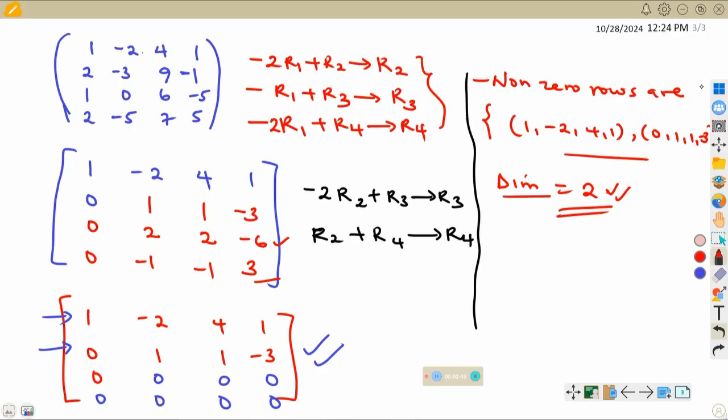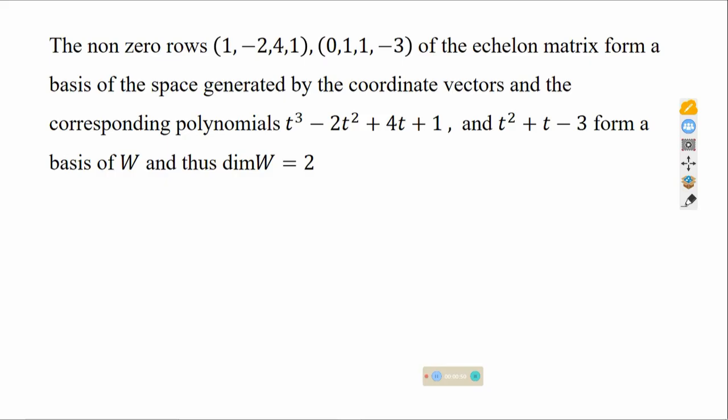So from here, we can give the conclusion that the non-zero rows, which we have seen, 1, -2, 4, and 1, 0, 1, 1, and -3 of the echelon matrix form a basis of the space generated by the coordinate vectors. We can easily get the corresponding polynomials from here because you are dealing with 1, -2, 4, and 1. So it means the corresponding polynomial to this one is the coefficient for t cubed, because we know the standard